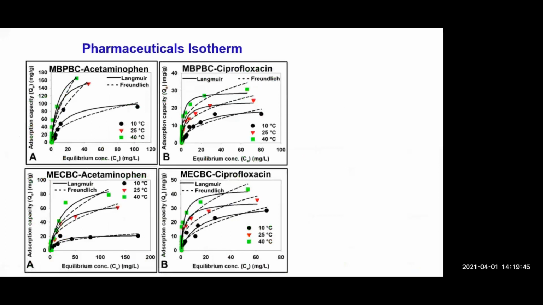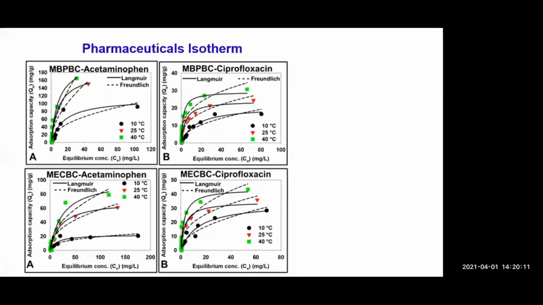In case of magnetic biochars, with increase in sorption temperature, the sorption of both acetaminophen and ciprofloxacin increases in case of both banana peel and magnetic water hyacinth biochar. However, the sorption capacity increases